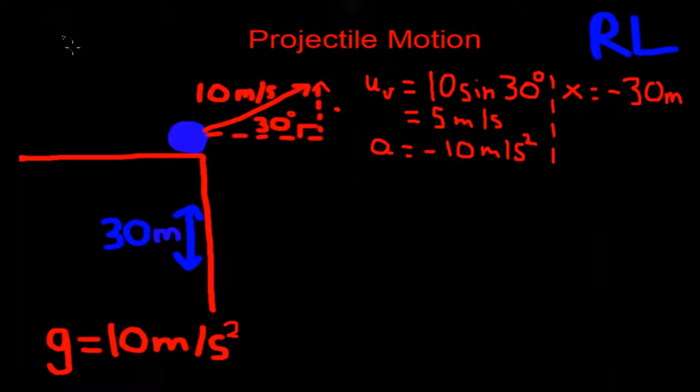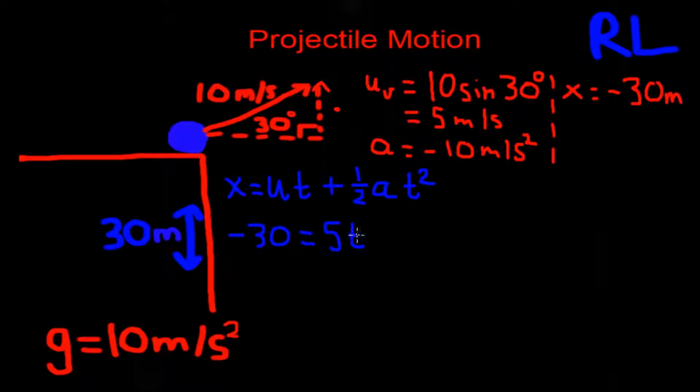In this case, that's going to be x equals ut plus half a t squared. We sub every number in. x, negative 30, equals 5t plus half a, so half a is negative 5, so plus negative 5 is just going to be minus 5